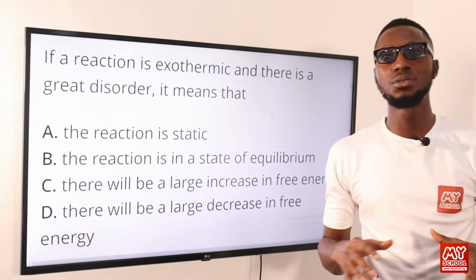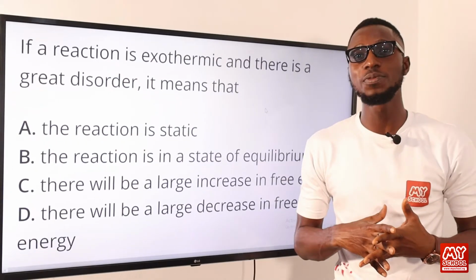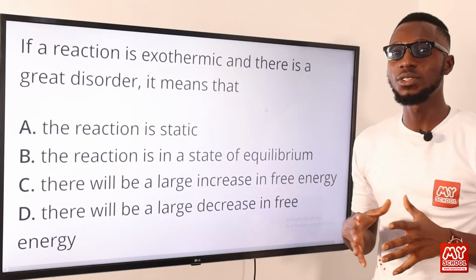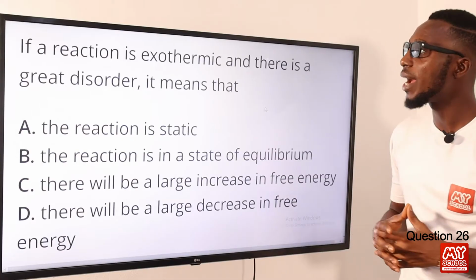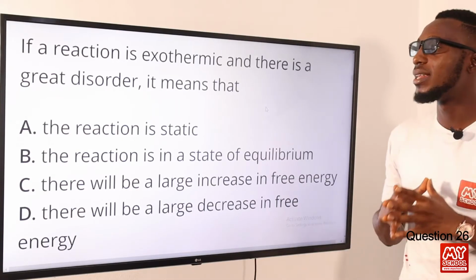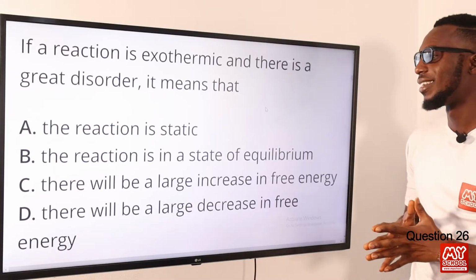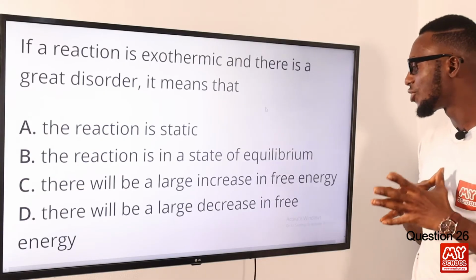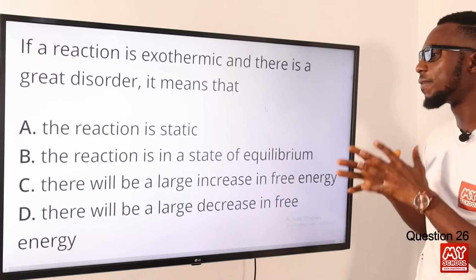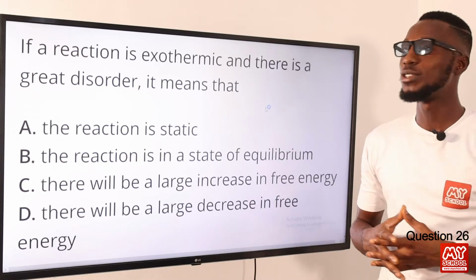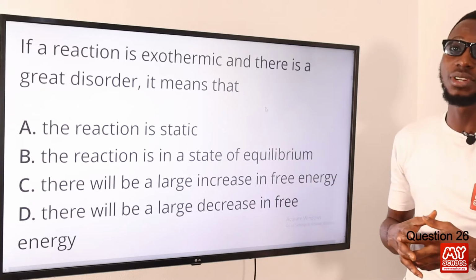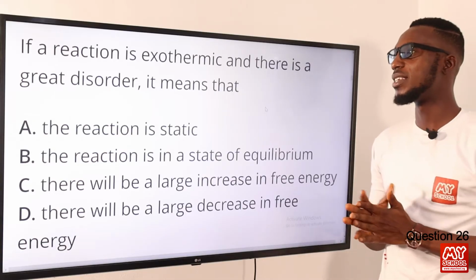Right there we are going to solve questions 26 to 49. So let's start with question 26. If a reaction is exothermic and there is a great disorder, it means that there will be a large decrease in free energy. All right, so when you're talking about a chemical reaction,